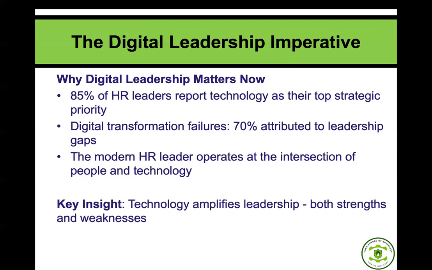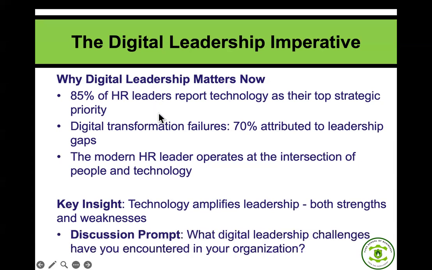Others too, because of their nature, they are maybe technology leaders. They don't like technology. They are the BBCs we are referring to. So if they are going to implement technology, as we have explained earlier, the technology will amplify the weakness they have as a leader, and it will lead to the implementation challenges of the technology. This is just to set the tone for our discussion.